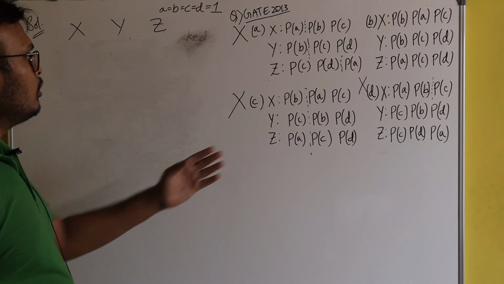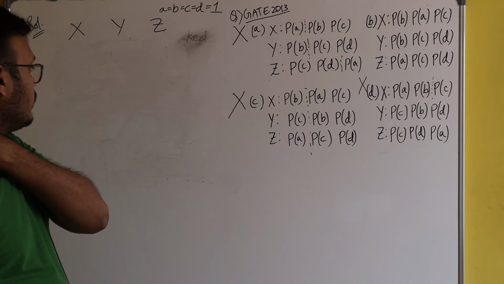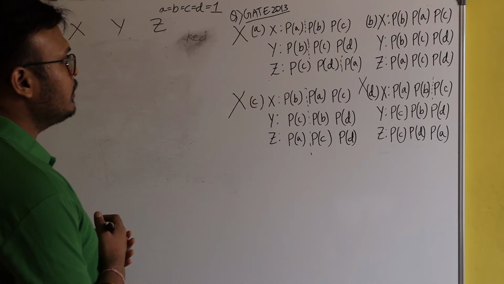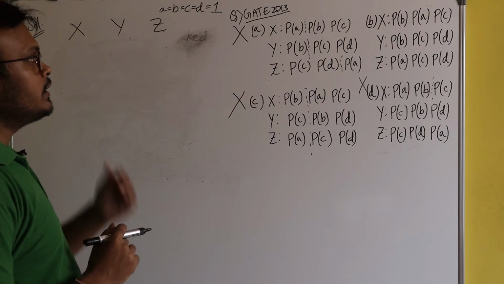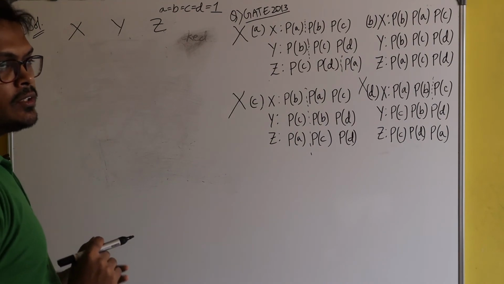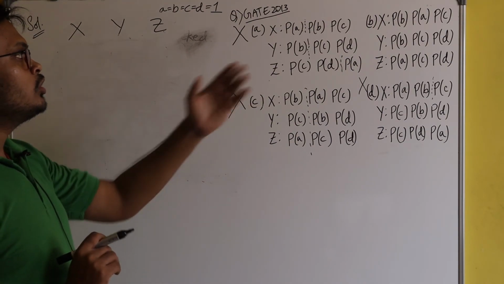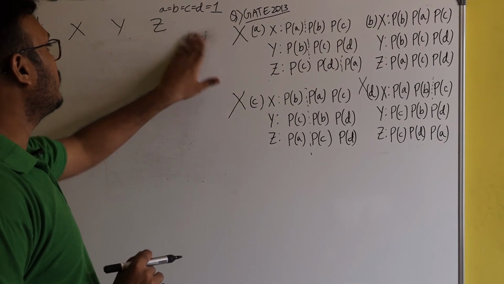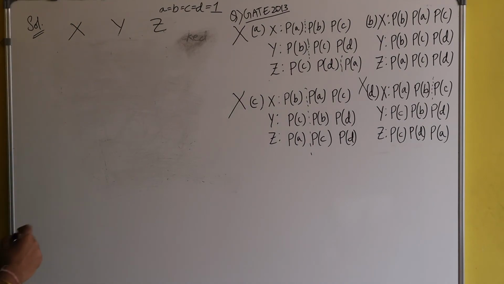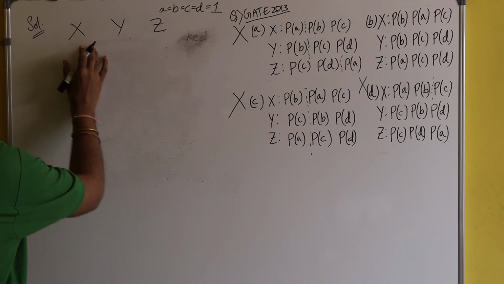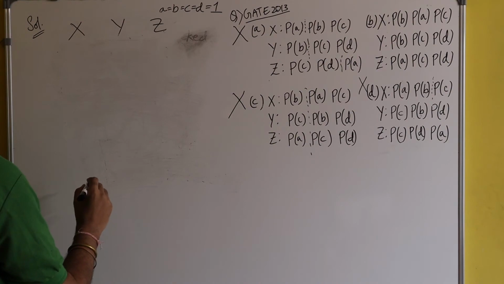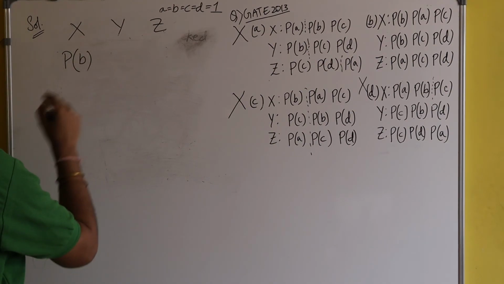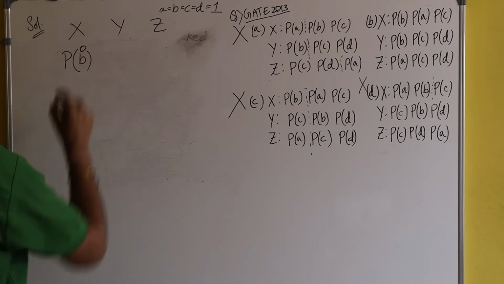So let's check option B. Here we can see that in all these options A, C and D, there are chances of deadlock. Since we have to select one correct option, definitely option B will be correct. But let's see how option B is correct. Suppose the CPU is with process X. Process X will successfully apply the P operation on B. Now the value of B has become 0.